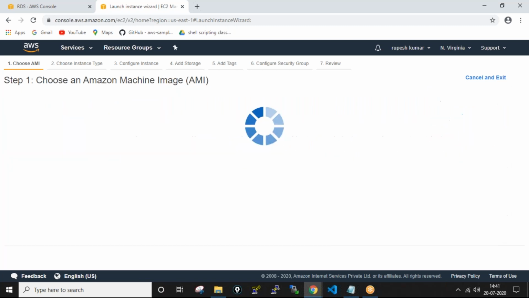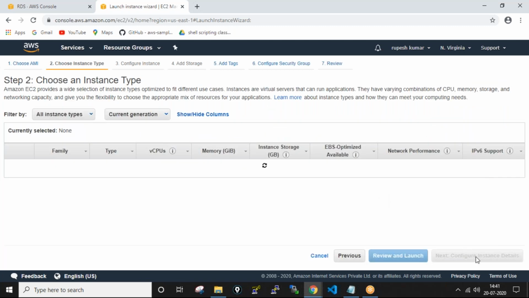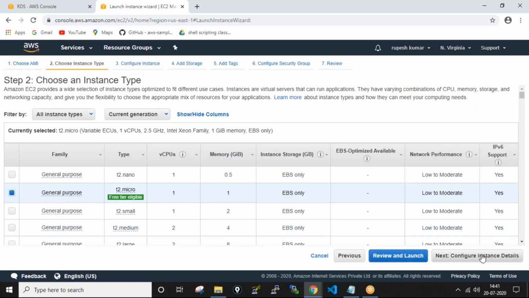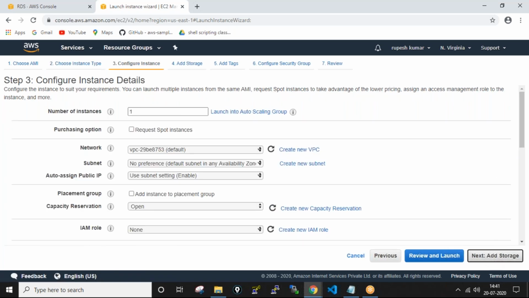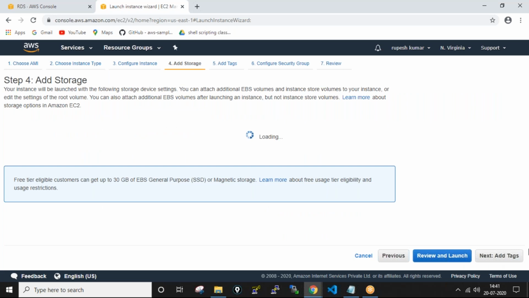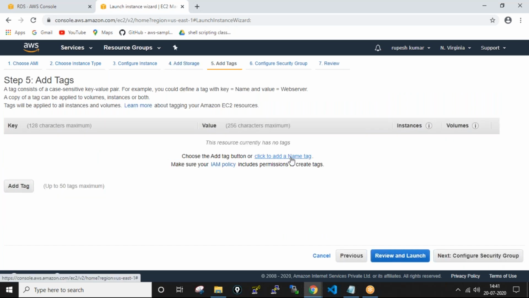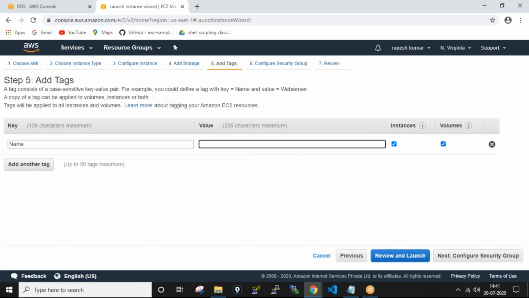I'm just selecting Amazon Linux here, and I'm taking all the default things. Add storage, add tags. So I'm just taking a new tag here. DB server I'm taking.